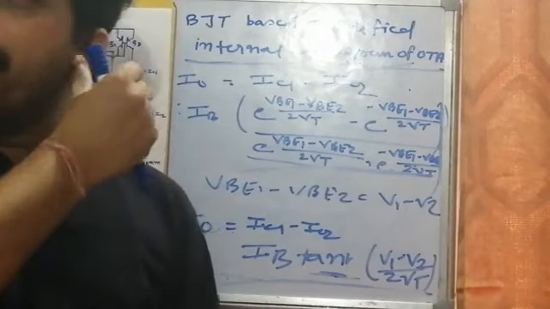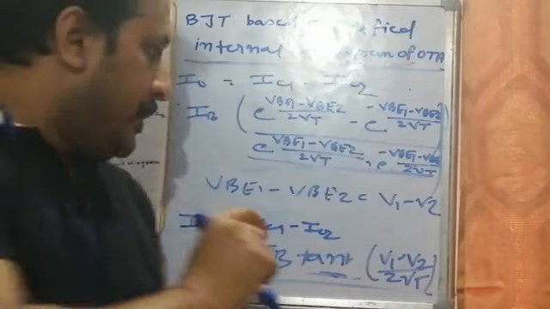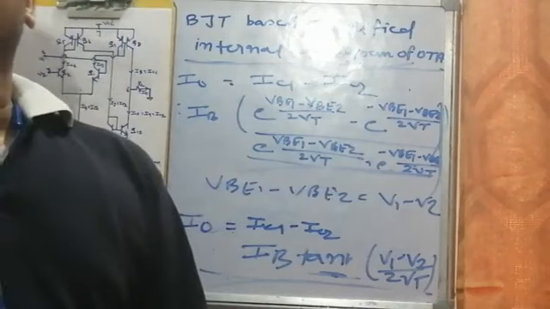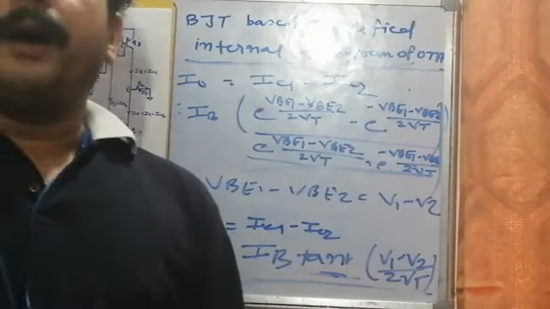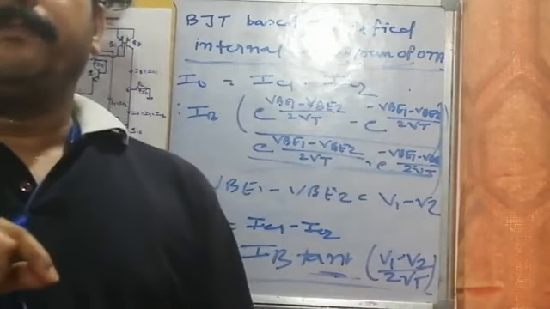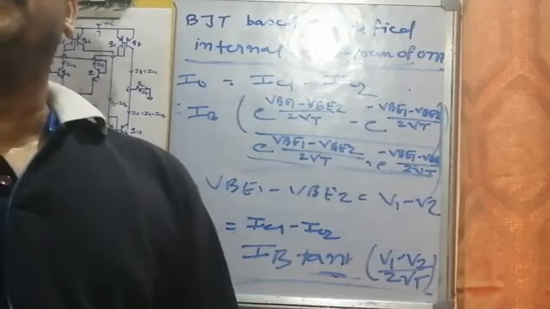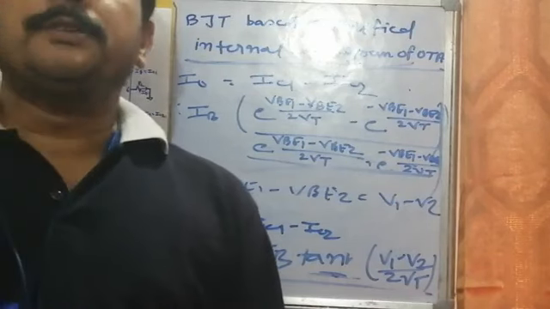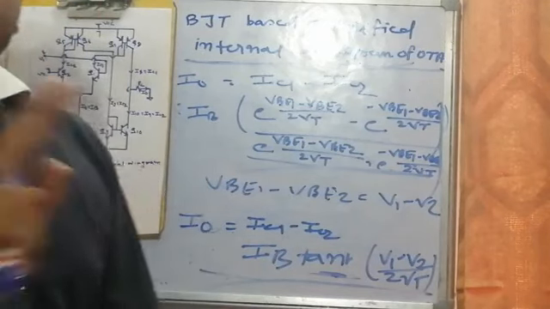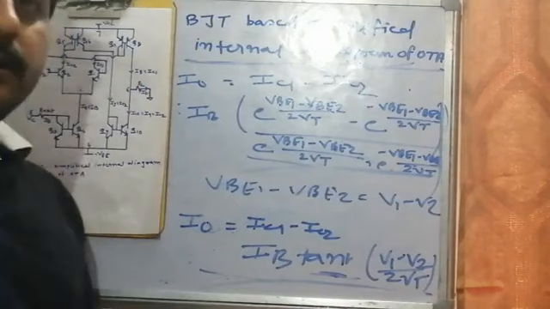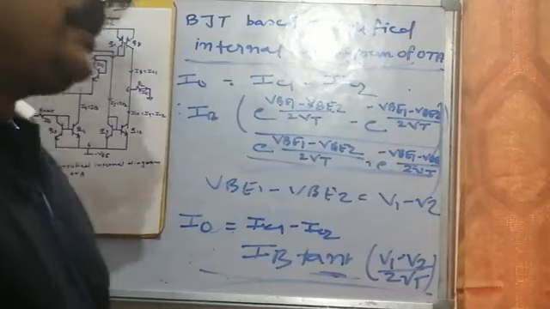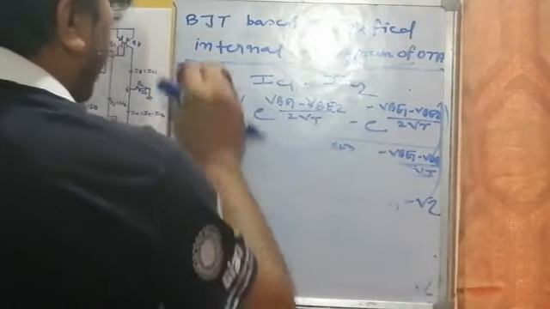But with the help of the graph we will find it is linear for a small value of V1 minus V2. So we assume that as theta tends to 0, meaning V1 minus V2 tends to 0, tanh theta equals theta. We will use this concept to solve this equation. First I will see the graph between difference in input voltage and output current.